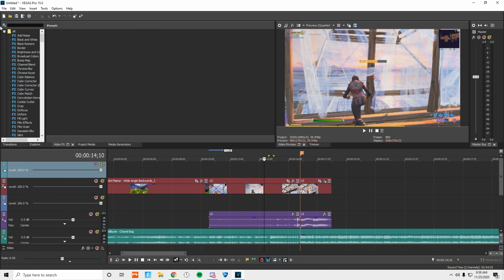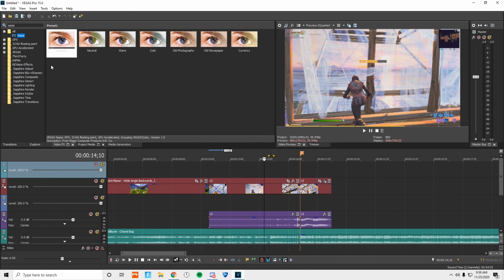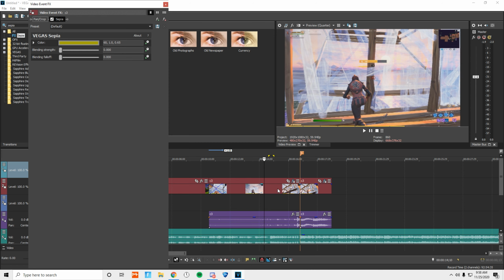So the effect for that is called sepia. So we'll click on our sepia, we'll drag it over, and basically what you guys want to do is change all these numbers right here to 0. So 0, 0, and 0. Boom. And then basically you guys are going to want to click on this clock next to the blending strength rather. Click animate,